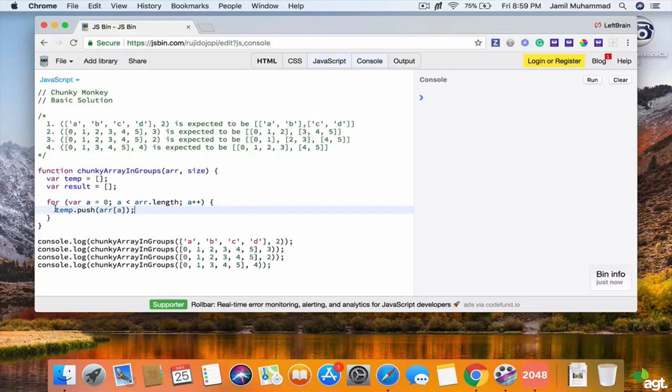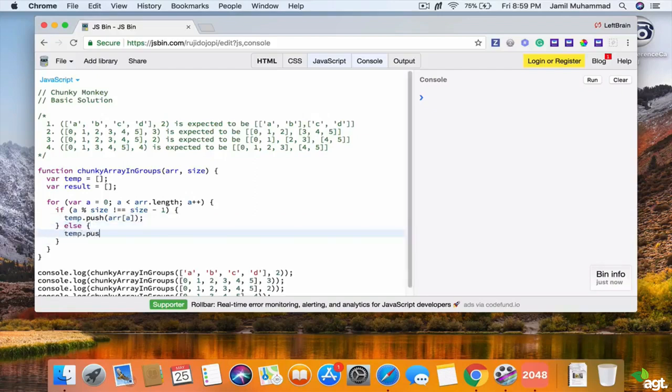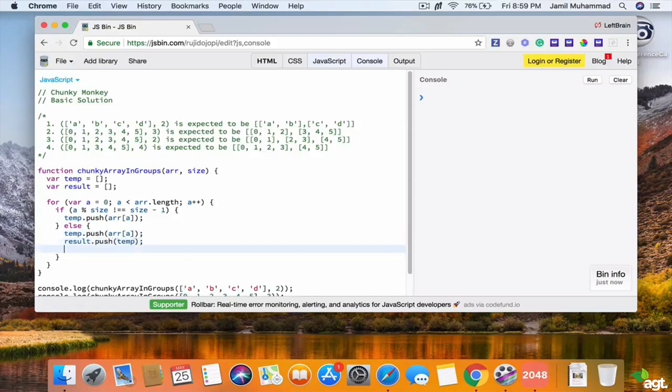and well, this is going to be inside of an if statement, so I'm going to cut this, and then if a modulus size is not equivalent to size minus 1, then we're going to paste this, and then else temp.push(array[a]), and then result.push(temp), and then temp equals an empty array,